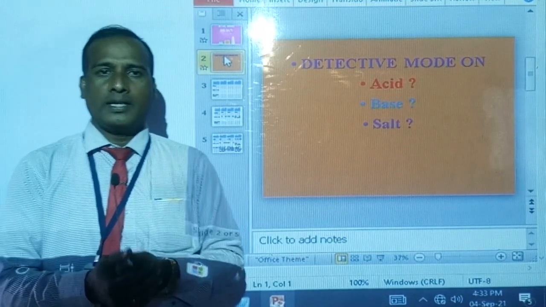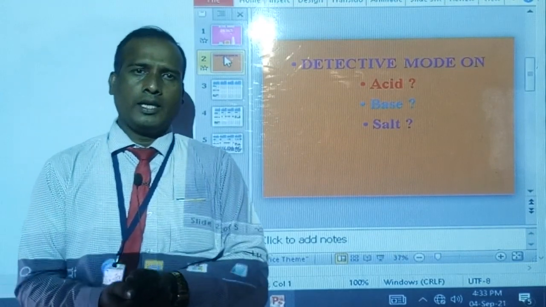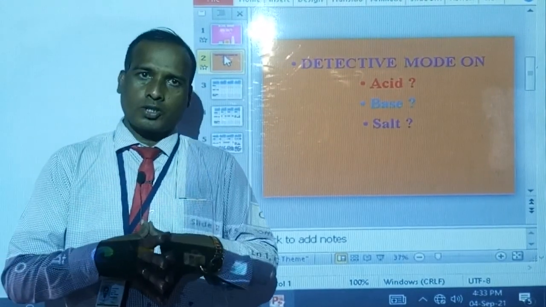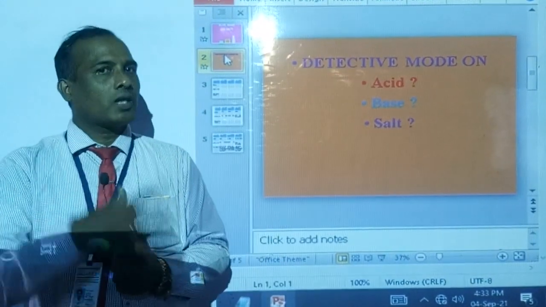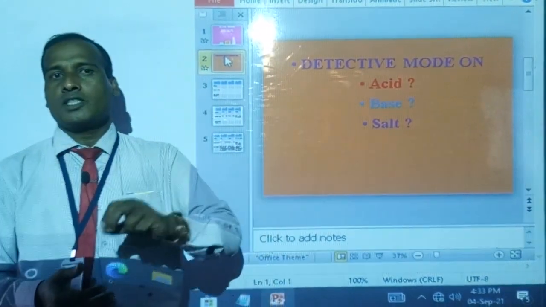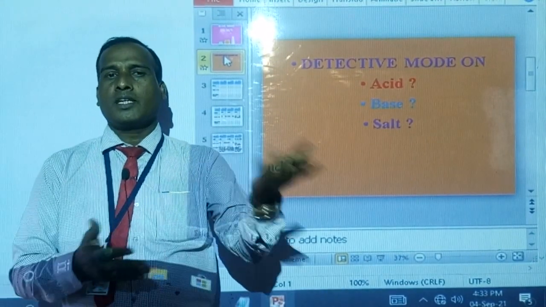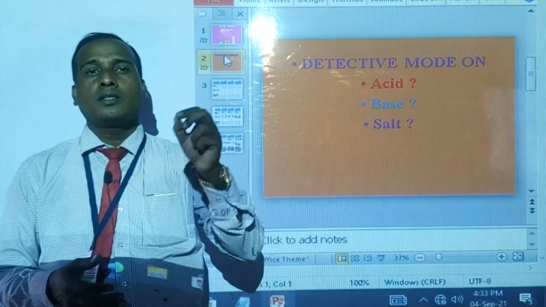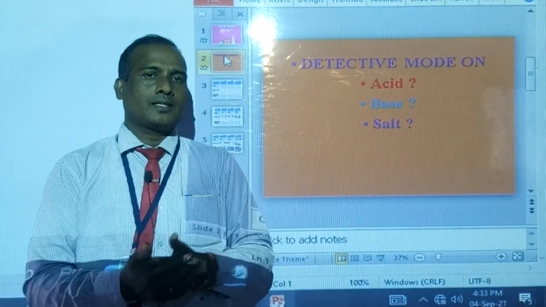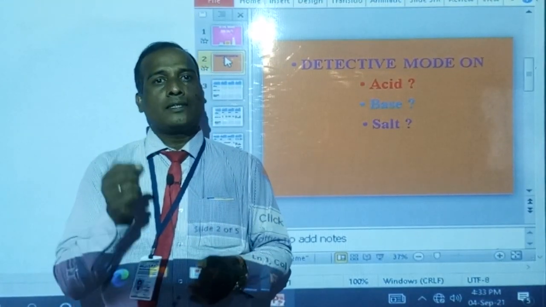Without salt, we won't feel any good taste. So that is usually a salty taste. If a substance has that salty taste, that is salt, or naturally we can say that is a neutral substance. According to your books, in higher classes, when you go to 10th class, you will learn that specially this is salt. But now in your books, 7th class, it has been given as neutral substances. Okay. So let us see now what the characteristics and properties are by testing with litmus paper. Now the test.